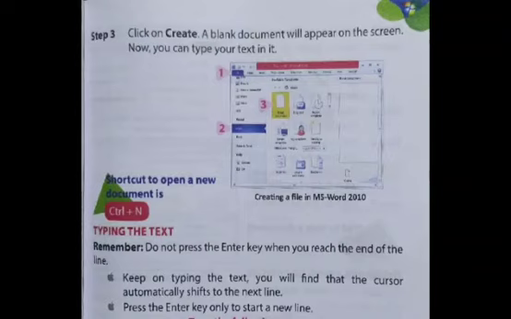Typing the text. Remember, do not press the enter key when you reach the end of the line, and keep on typing the text. You will find that the cursor automatically shifts to the next line. Next, press the enter key only to start a new line. Okay,